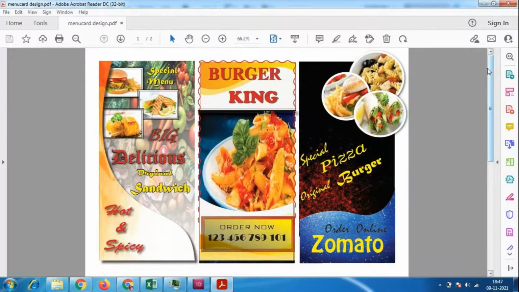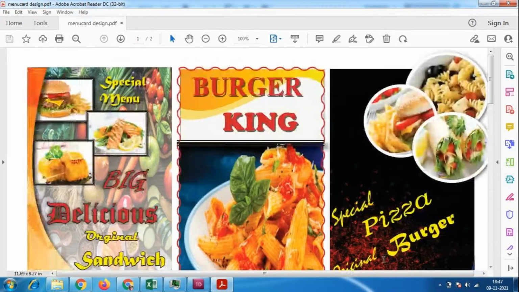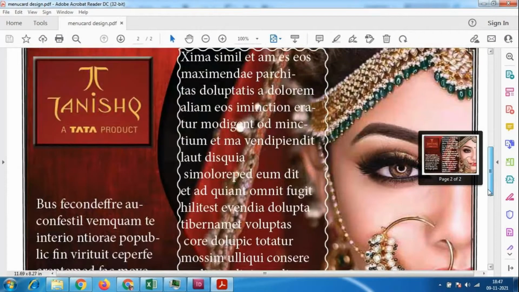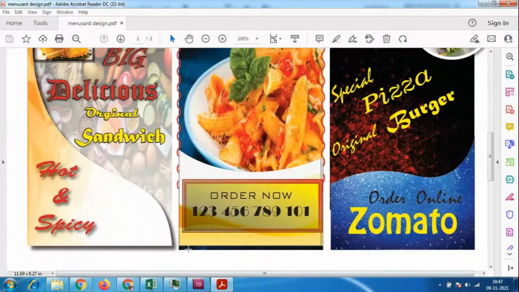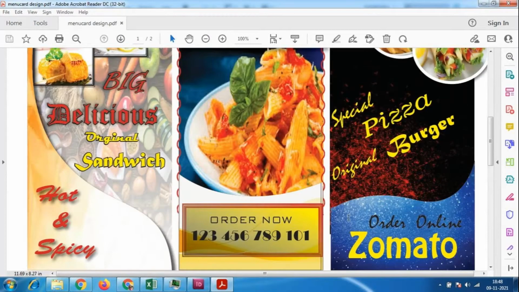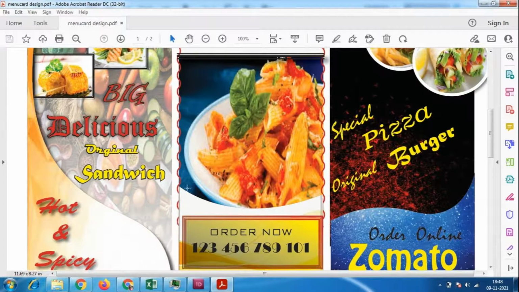Any mistakes we have made, we can see here. I'll show you the mistake I have made. Look at this, very small changes we have to make. The curve shapes did not come properly. See the size here, all should come down till here, along a single line. Even look at the space: the left side space is more, and the right side space is less. There is no space on the right side. I need to improve these things.